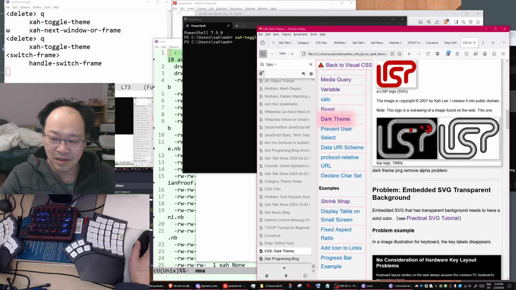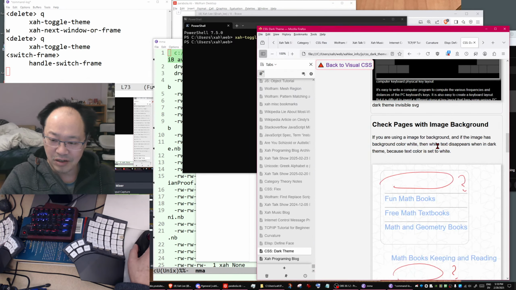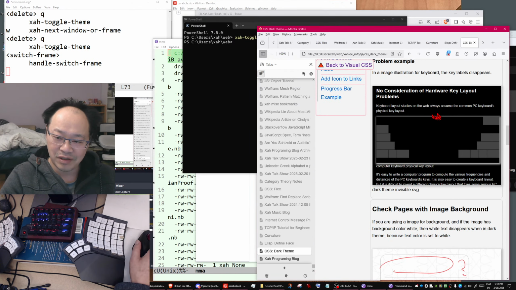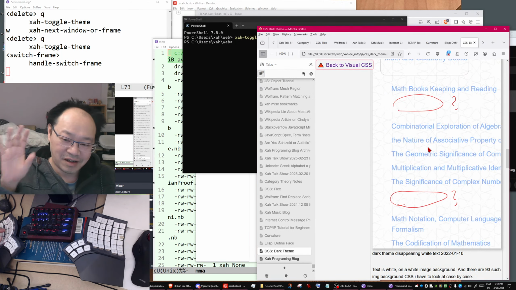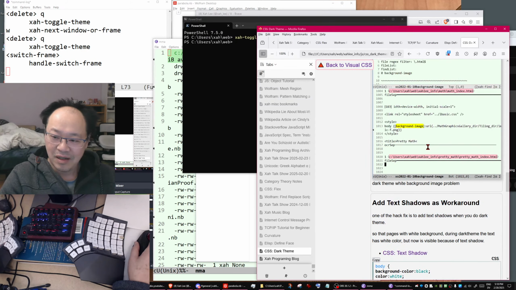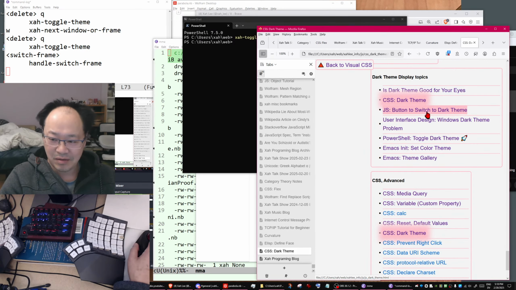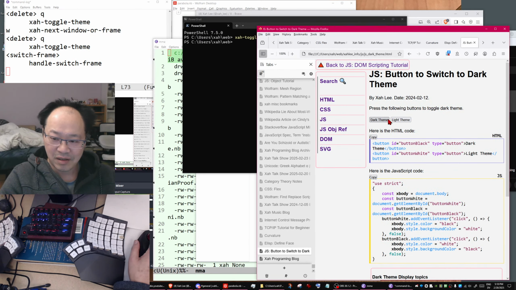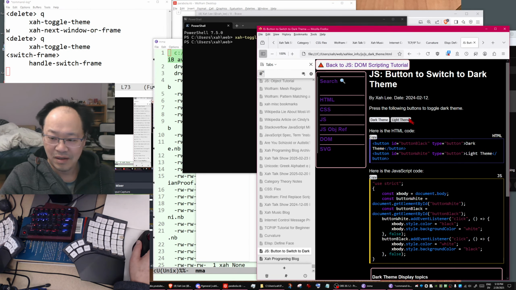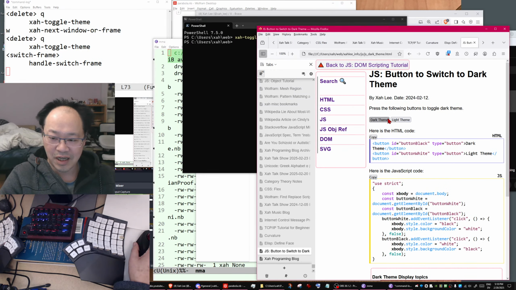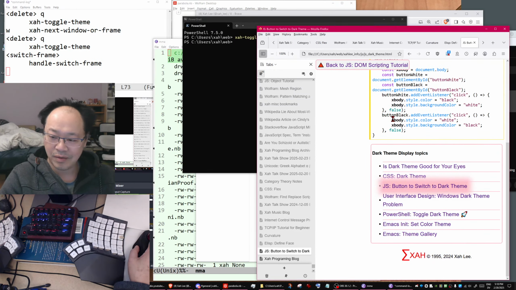For example, these SVG images, and some other details. Your keyboard diagram will become blacked out. Then there's JavaScript, so you can click a button to turn dark theme or light theme. This is how to do it.